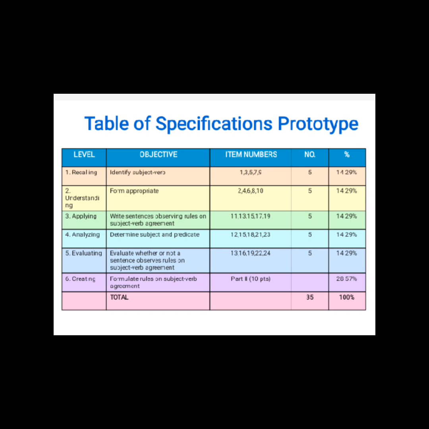So next kay analyzing. So determine subject and predicate. So pwede na diri mabutang ang identification, class. So 5 items for identification. Like imong ipa-determine sa ilaha kung subject ba na nga sentence or predicate ba na nga sentence. So 5 items gihapon. So next, class, kay evaluating. So evaluate whether or not a sentence observes rules of subject verb agreement. So evaluate, like diri class, kay